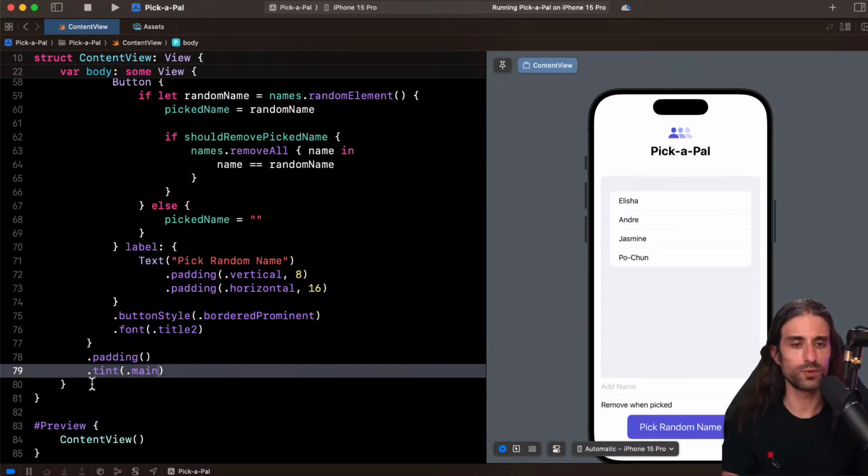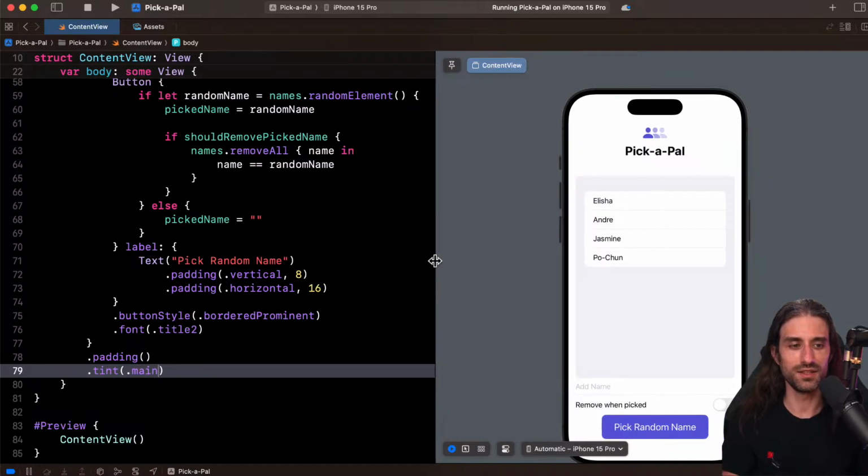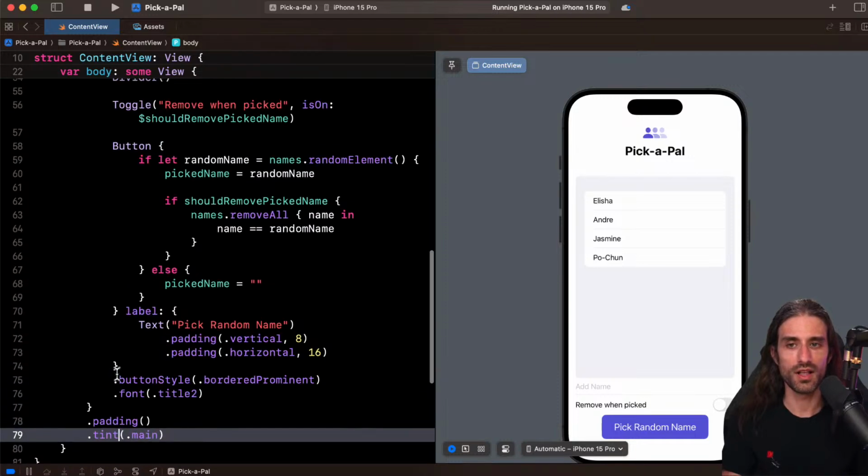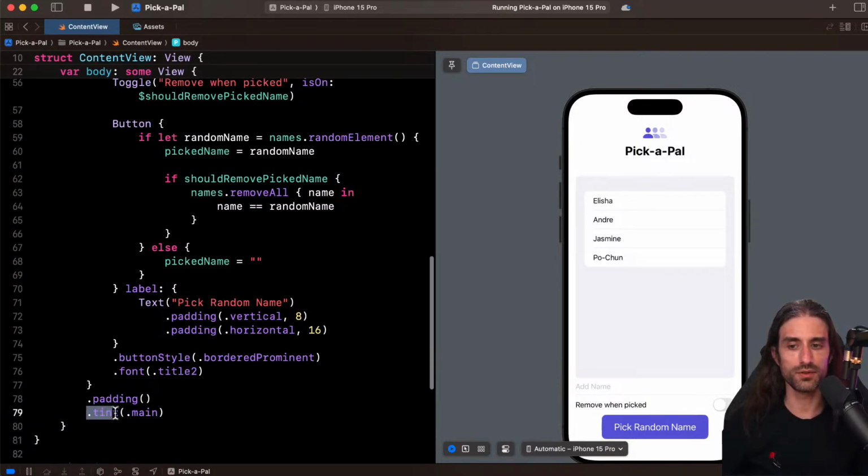Okay, so that worked. Maybe that wasn't the way they showed us last time, but at least it did the job of setting the main color I've created into the tint color. And then since all of the views that are lower in the view hierarchy read this tint color, basically they read the value that I've overridden with this modifier right here.